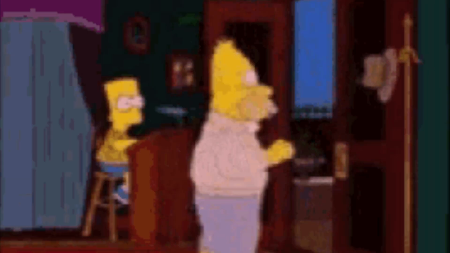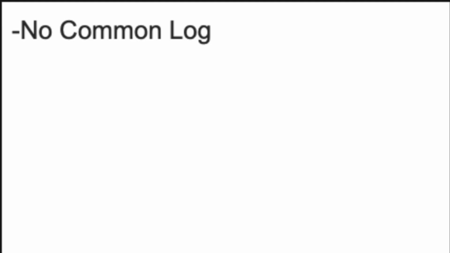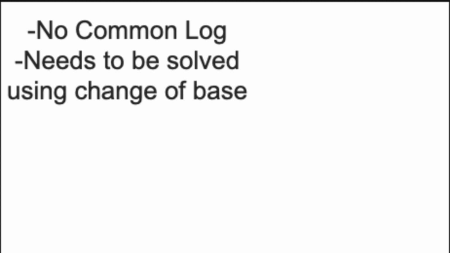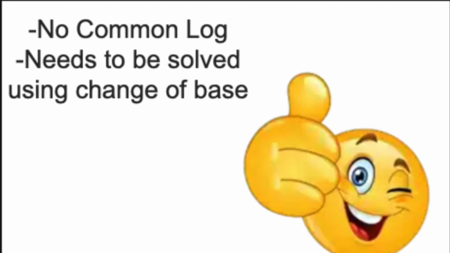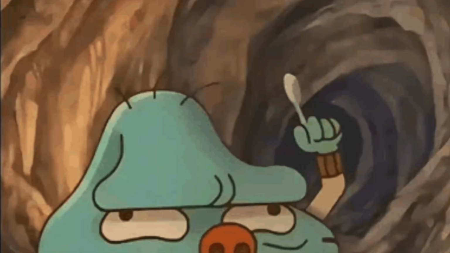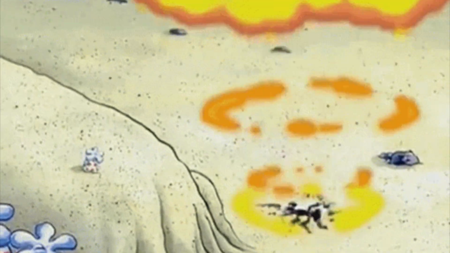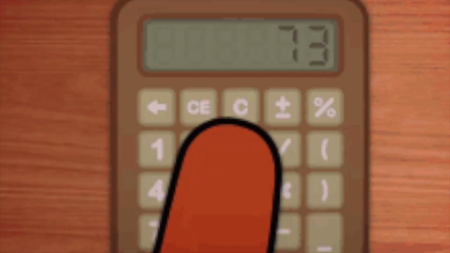Let's take a moment and go back to the example. Using everything we've learned so far, we've deduced that it does not have a common logarithm, and that it needs to be converted using the change of base formula to be solved. Now that we've converted the logarithm to its most primitive form, it's very easy to solve. All you need to do now is divide the numbers and solve the logarithm in the calculator. We will get to the calculator part in a bit, but for now, we need to learn about the other